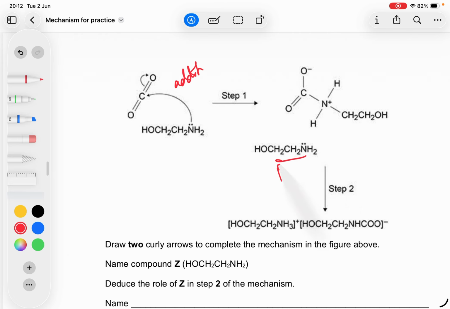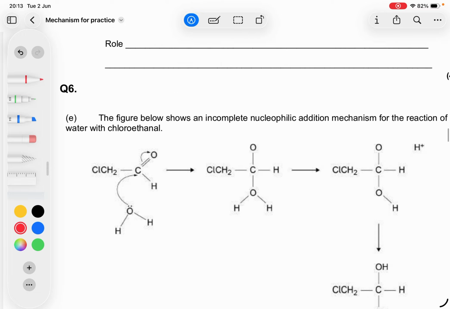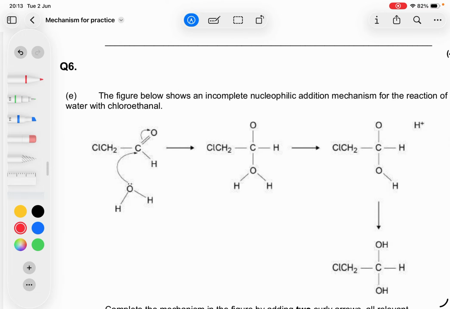Now this is acting as a base because it's accepting that hydrogen there. So that's what's happening there. So that H-N bond must break to give you the product there. Okay. So, another example of a nucleophilic addition elimination mechanism,